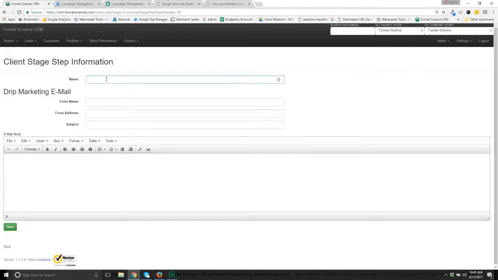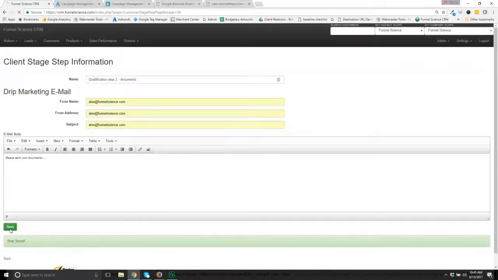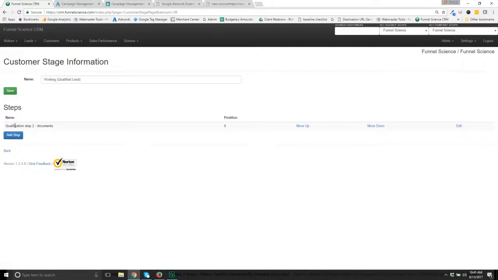So you might call it like qualification step 2 documents, and then you might need to build documents. Now if you needed to do a drip email and say please send your documents, hit save, you just created the drip email template specifically for that step. You can move it up or down in the sequence, and you can add more steps. So if I go back,